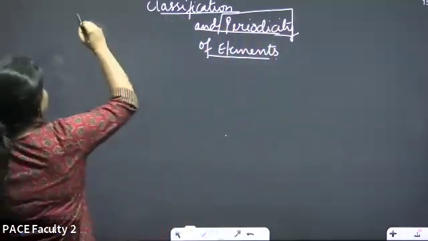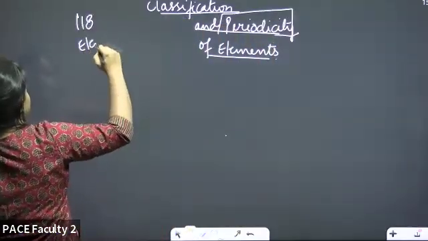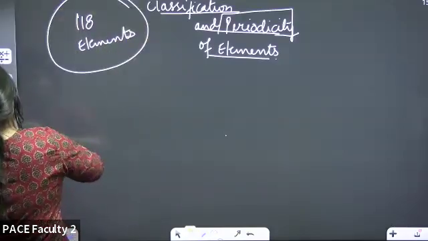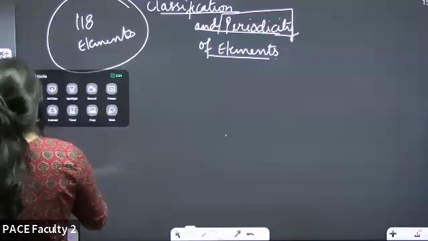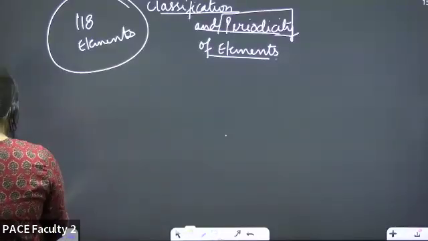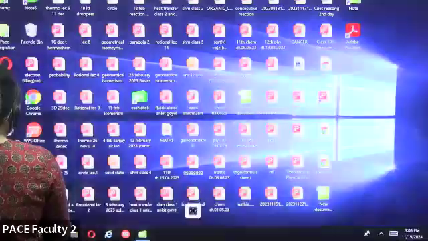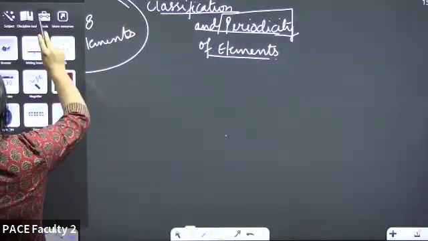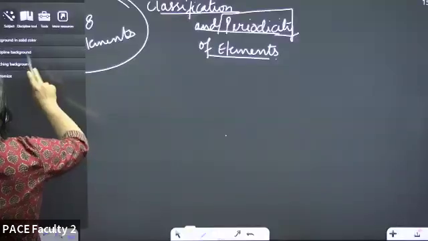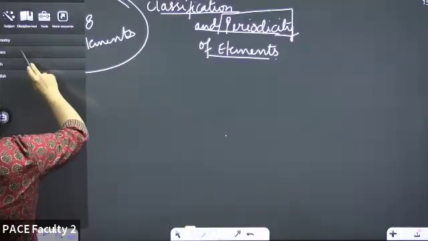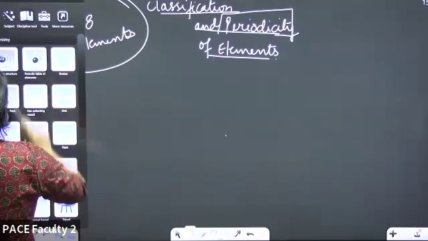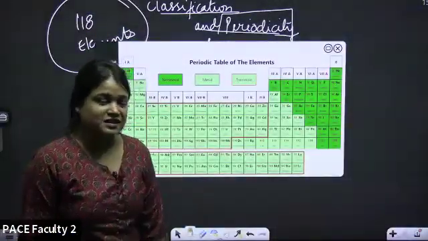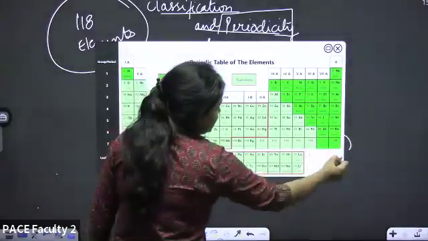So, you know, presently we have 118 elements in the periodic table. I'm sure you have all seen the periodic table, and that there are 118 elements presently in the periodic table. If I show you the periodic table. So this is the periodic table, and presently you can see that there are a total of 118 elements in